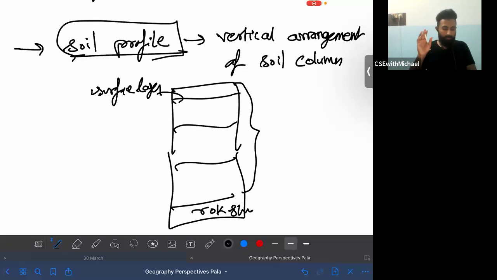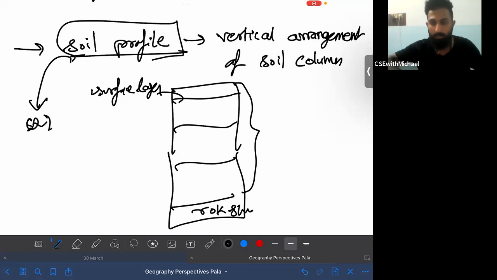So these are the things we need to look at. In soil profile, standalone questions have come. UPSC has asked a standalone question as to what is soil profile. So we'll write till that point, then we'll discuss what is soil profile and things like that. And obviously depth of soil is there, that we'll see along with soil profile. All right, so we'll write a few things till now. Just a second.